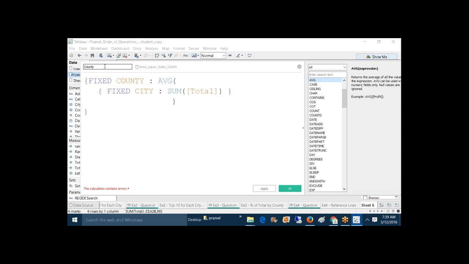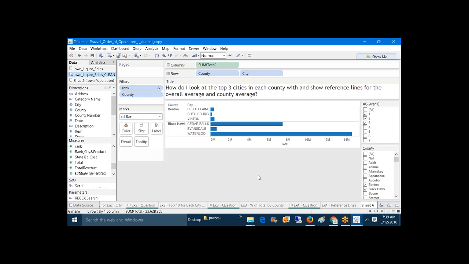So county average LOD. Just click on apply, click on OK. Drag that county average LOD and drop it into detail. Similarly, compute